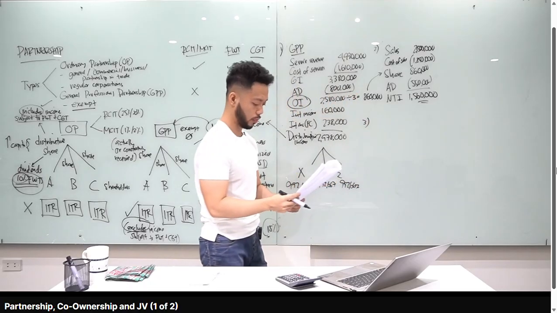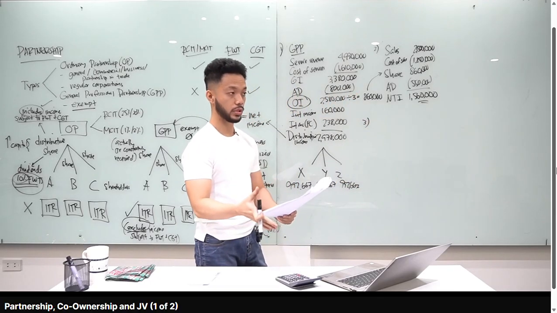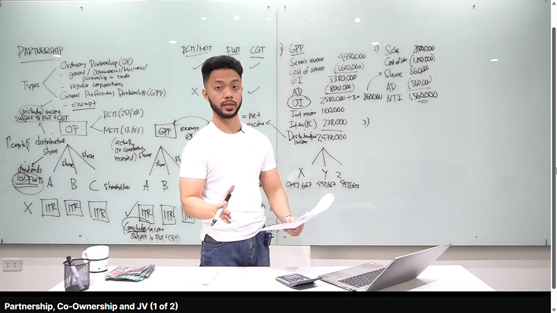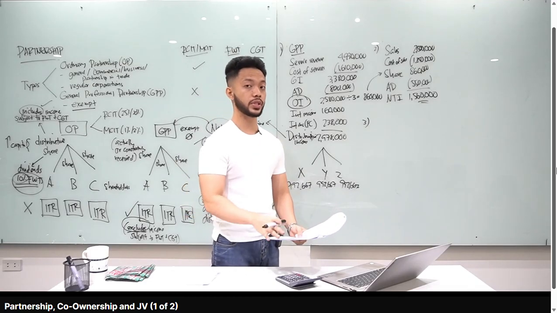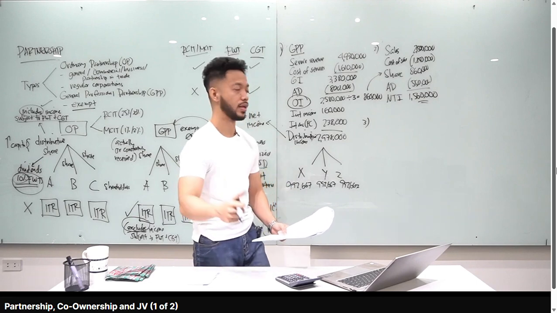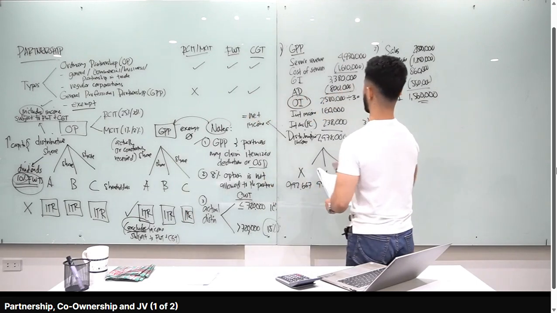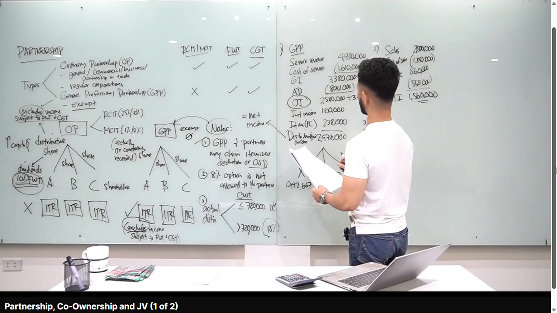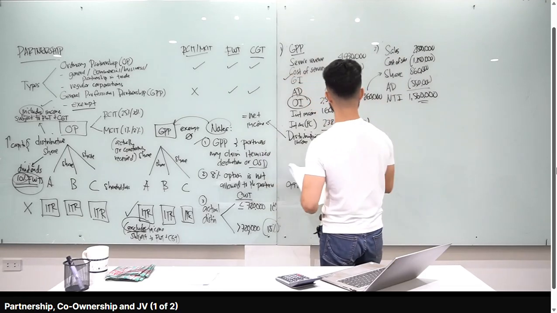Compute for the taxable income of Y, assuming the GPP opted to use OSD. So, class, naalala nyo pa kung ano yung computation OSD natin? OSD natin is 40% of gross income. Got? Naalala nyo pa? Okay, so 40% of gross income, if si GPP class mag-OSD siya, paano yung computation natin? Well, may gross income tayo dito. Tama? 3,380,000.